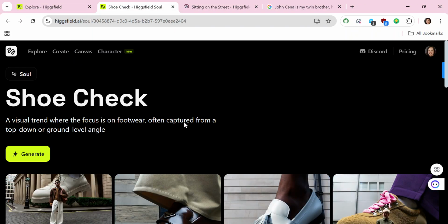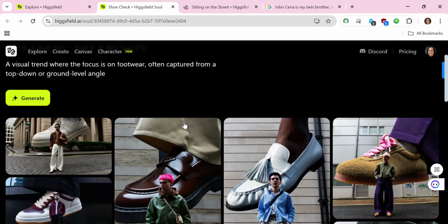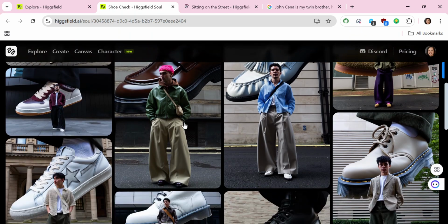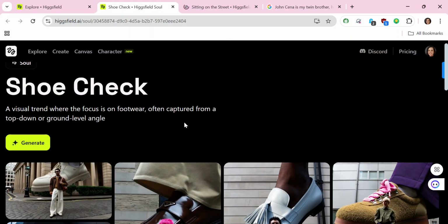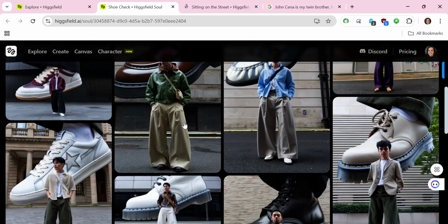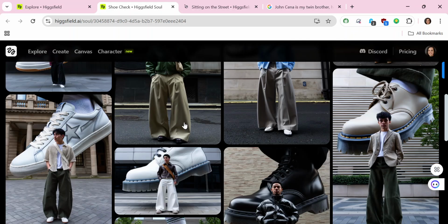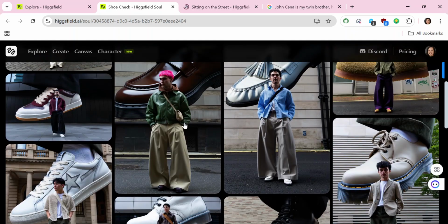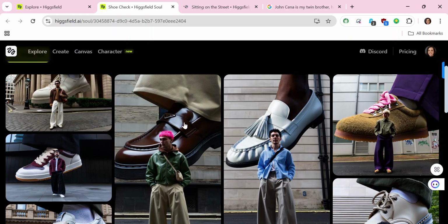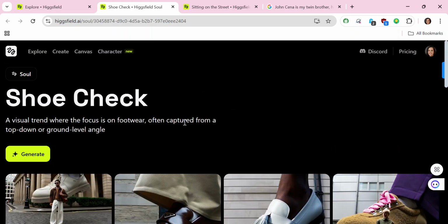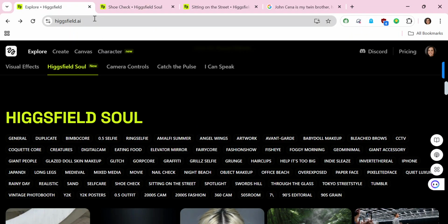So this is what I mean by a shoe check image effect on Higgsfield AI. Basically, we have a visual trend where the focus object is behind the subject, and the focus object here is the shoe. So we can actually create any of this by first of all going to higgsfield.ai,